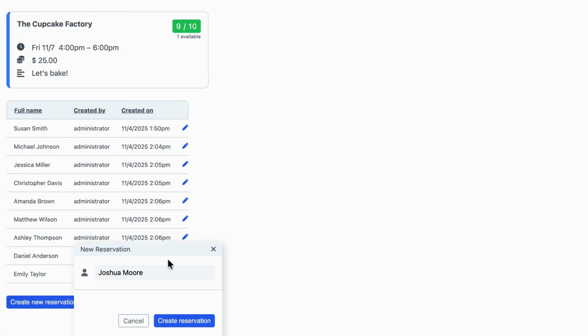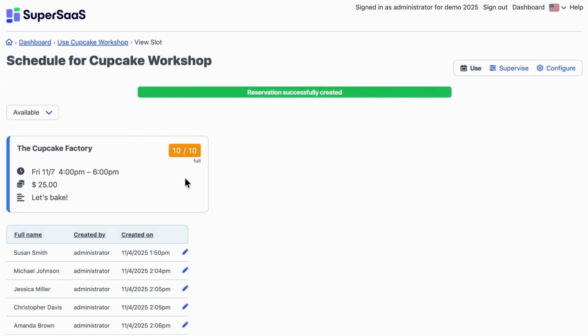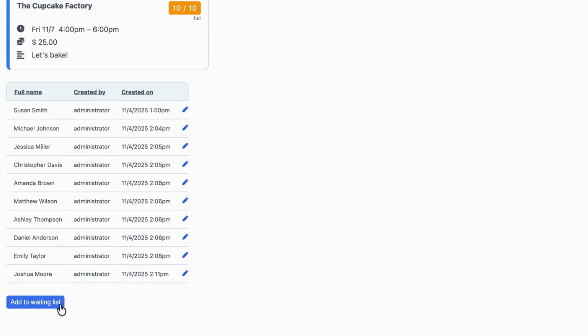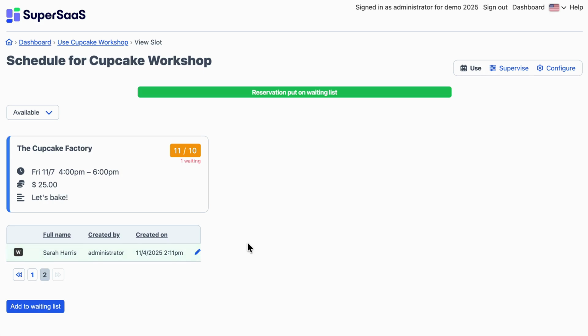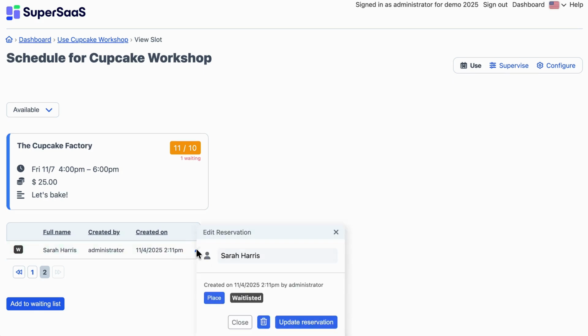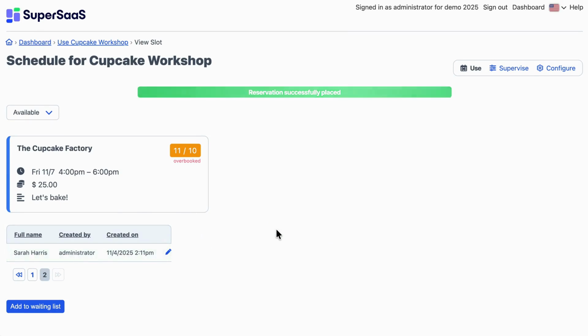Once the class has reached capacity, it will be reflected by the participants' count box changing color. From that moment on, all new entries will be put on the waiting list. This name will be displayed on the list with a W icon in front. As an administrator, you then have the option to place someone for the workshop. Users who sign up for the waiting list can automatically get a place if someone else cancels. They will receive an email notification when that happens if email confirmations are enabled.